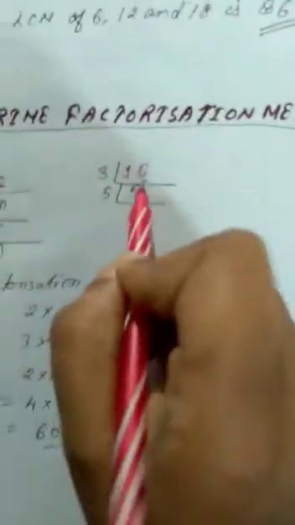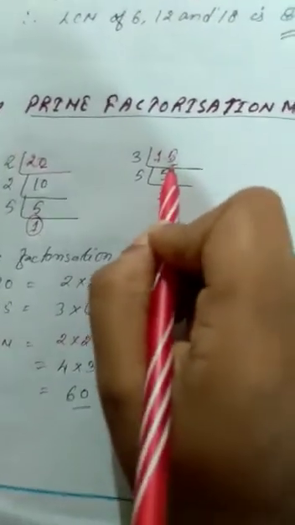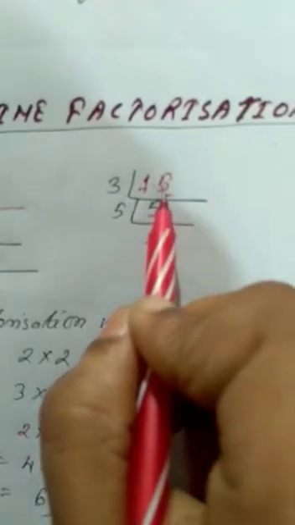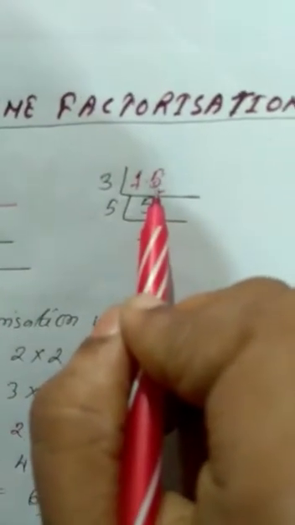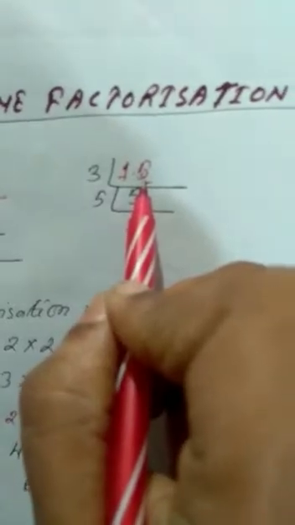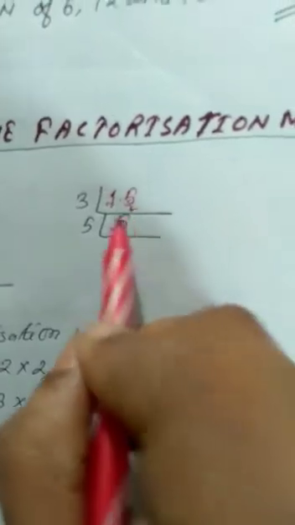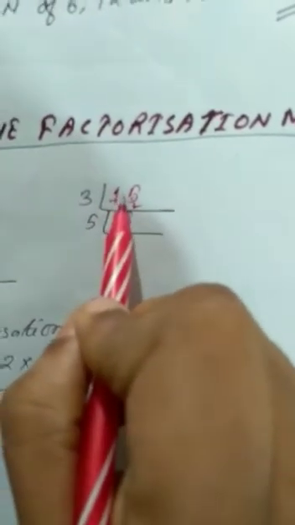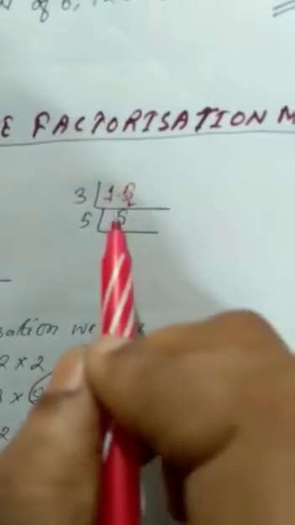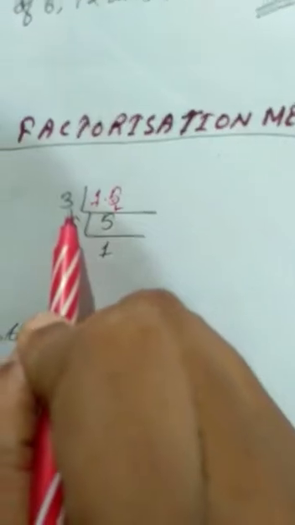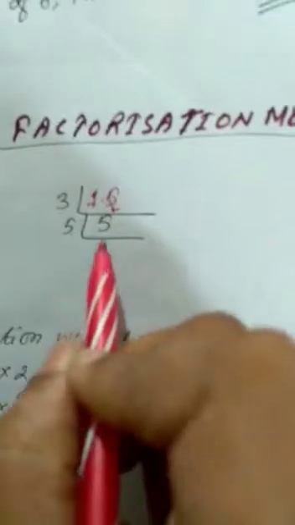The same way if we see 15, as the last digit or unit digit is 5, it is not divisible by 2, so we cannot divide it by this prime number 2. The next prime number after 2 is 3. So we need to check whether it is divisible by 3 or not. You can see here students, 1 plus 5 is 6, and already you know that 6 is divisible by 3, so 15 is also divisible by 3. So now we'll divide by 3. 3 fives are 15. Okay, so 5 ones are 5.